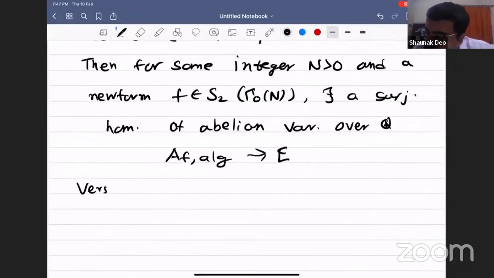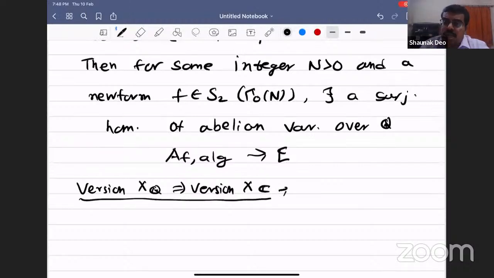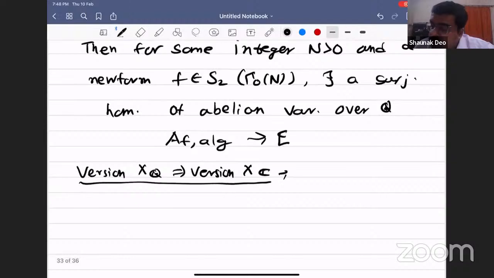So version XQ implies version XC. I should say that these rational versions and the complex versions are all equivalent. That's why they are called versions of the same theorem. It's not as if I'm giving you different theorems. They are all equivalent, different versions of the same theorem. Now we are going to see how, if there is a map between algebraic curves, you get a map between Riemann surfaces. So if E is a complex elliptic curve